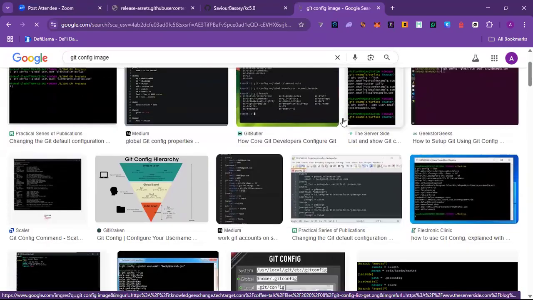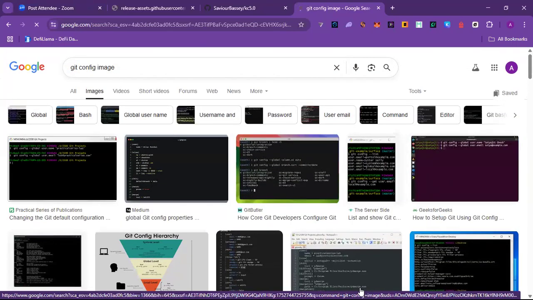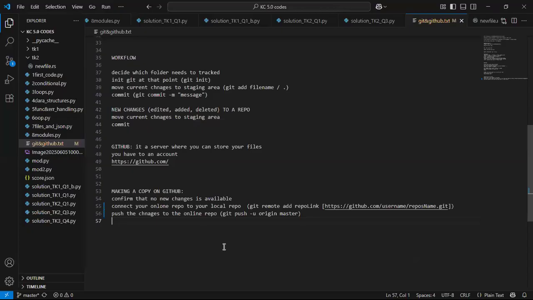So the format is like this. It's git config --global user.name. So for first timers, to configure, it will be something like this: git config --global user.name, and then in quotation your username, or however you want to be called, because